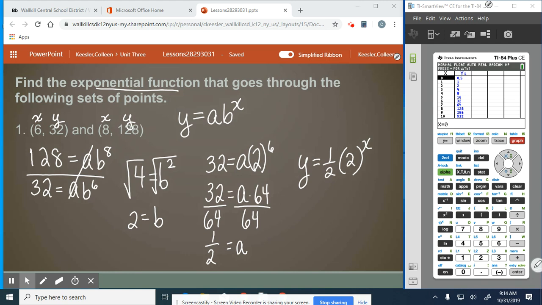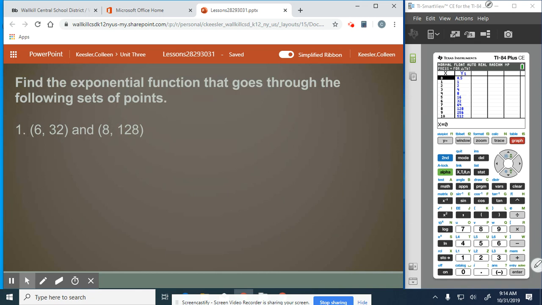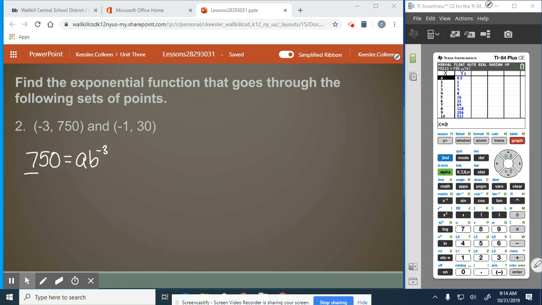Okay, so let's try another example, just refreshing our memory. Number 2, same idea, but now we have some negative exponents we have to work with. So we can do 750 equals ab to the negative third over 30 equals ab to the negative first. Divide 750 by 30. We can do 75 divided by 3 because those zeros cancel out. So we get 25 equals b